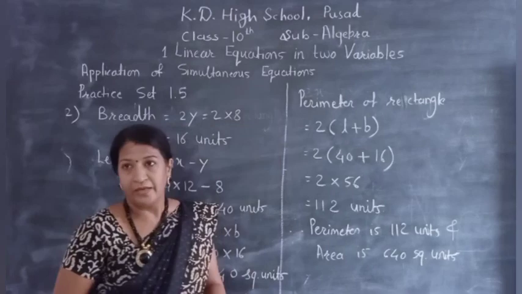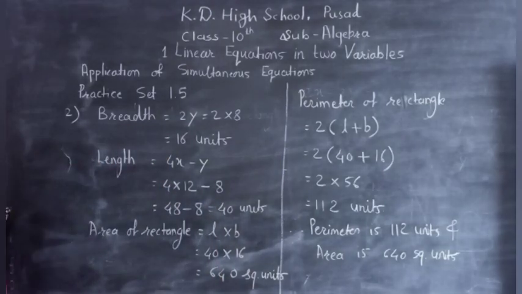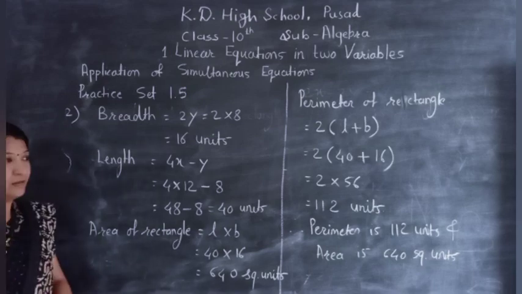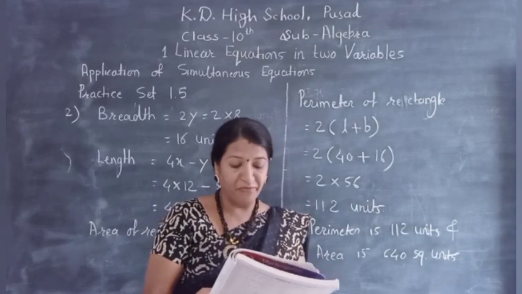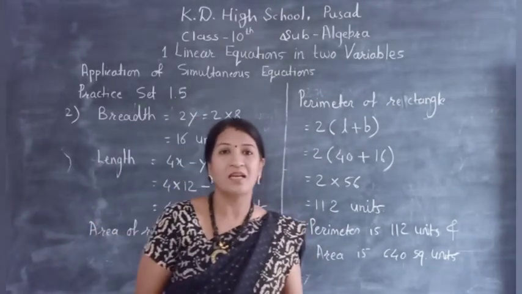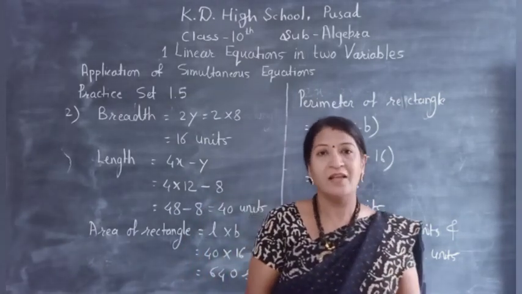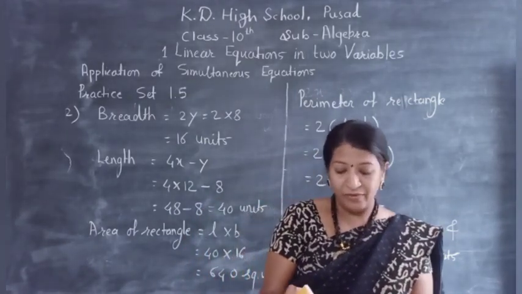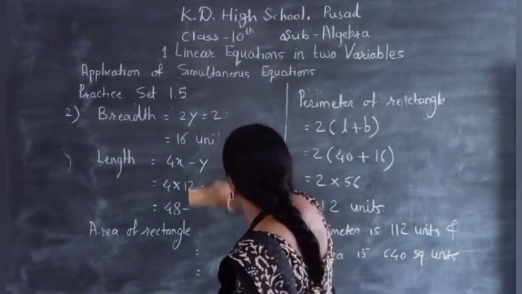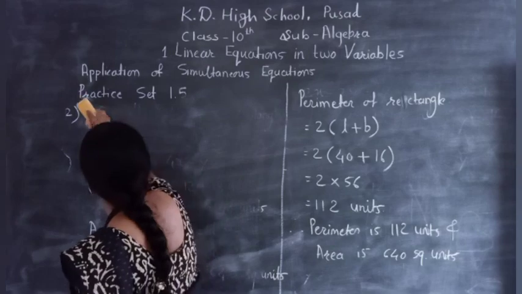Okay, so take a screenshot and we continue for the next example. See, the third, fourth and fifth you can simplify yourself. The last question, the sixth question, is the star marking question. It means it needs high level thinking. So we continue with the sixth example. We clean this second example first of all.